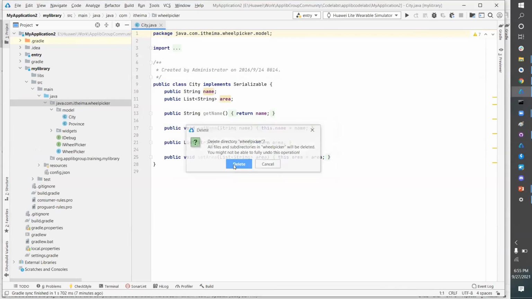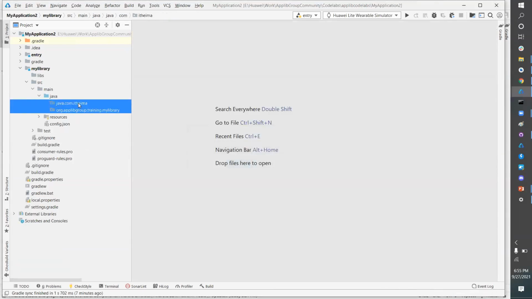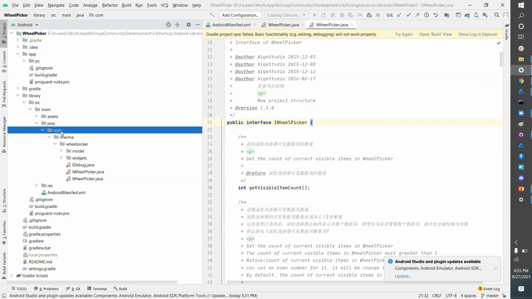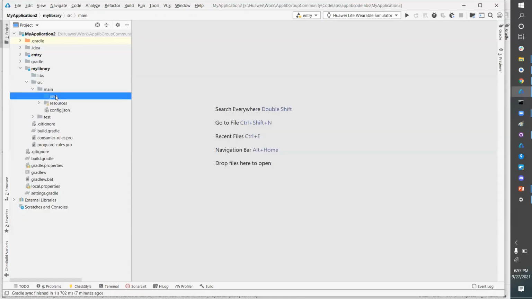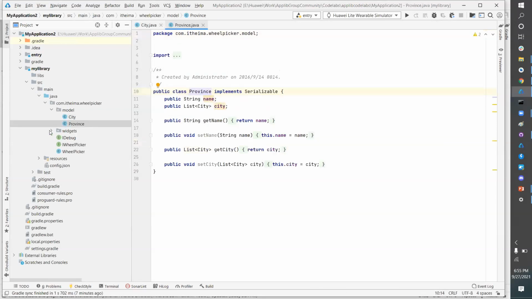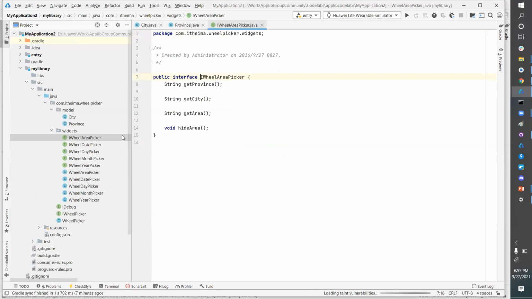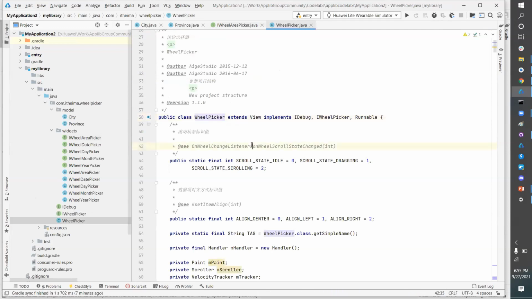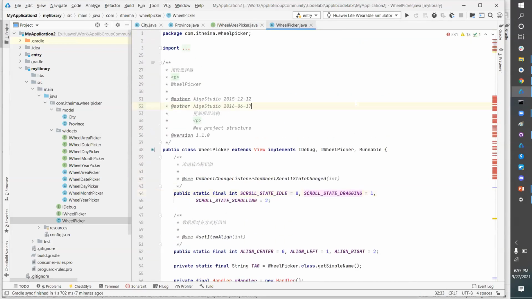Yeah, so I pasted it at the wrong place. Okay, I'll be copying this folder. Now you see all the classes, all the Java code is already there. We are good with all the Java code. There's no porting required because Java is the same thing. So no problem with that. Now we have to see where the problem area is. Okay. So now you can see it has already started showing errors.